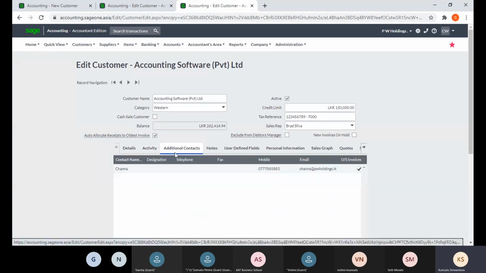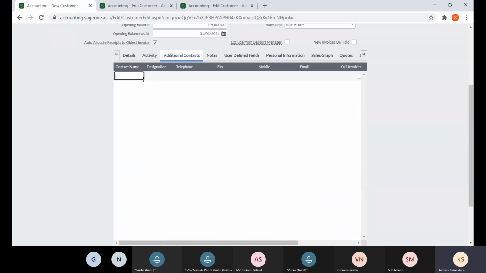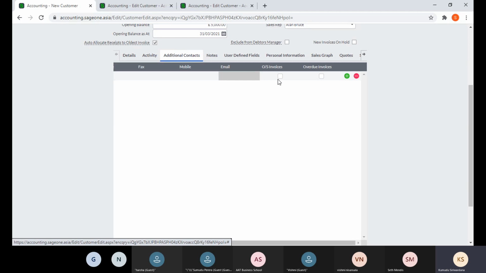Next, additional contacts. From here, you can enter additional contacts of that customer. Now here you have entered one contact's details, and if you want to add more than one contact, you can use this additional contact. You can enter name, designation, telephone number, fax, mobile, email, and there are another two options, OS invoices, that is outstanding invoices, and overdue invoices. Now if you want to send outstanding invoice reminders and overdue invoice reminders to those additional contacts, you can tick these options. Okay,